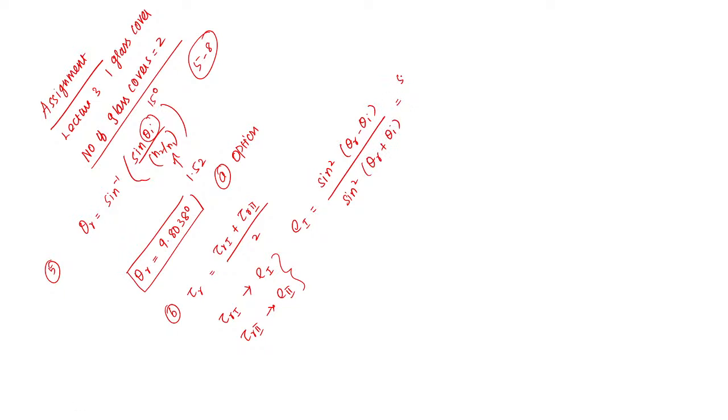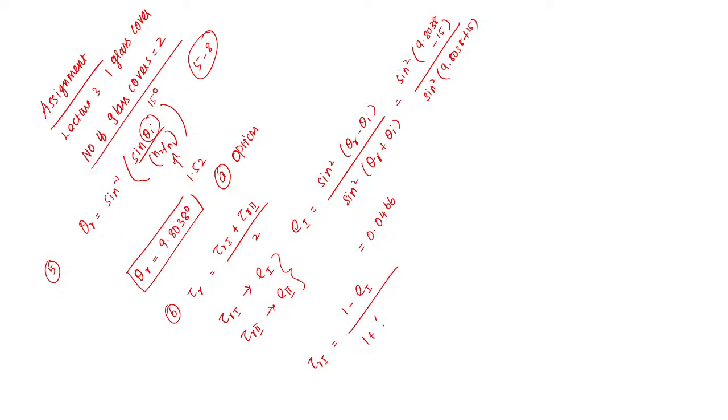If you substitute theta r, which we calculated as 9.8038, and theta I, which is given as 50, divided by sine square of (9.8038 plus 15), this value comes around 0.0466. From this you will calculate tau r1, using the formula 1 minus rho 1